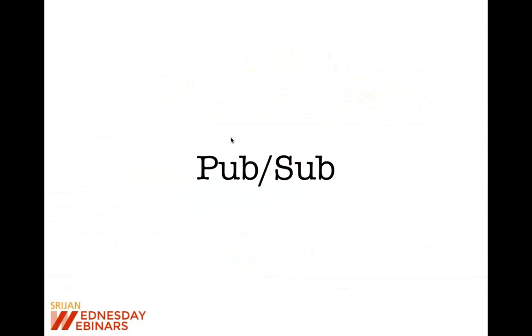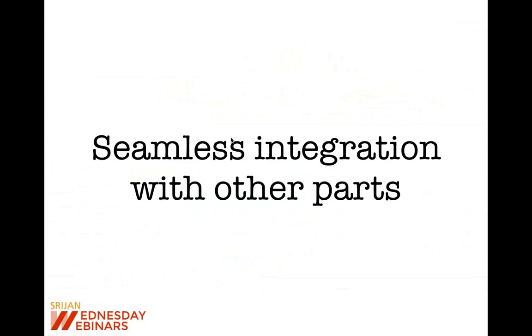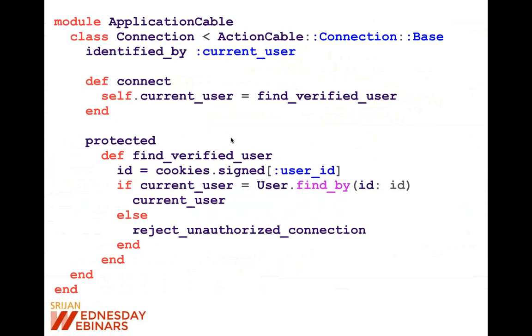And it is based on the PubSub model of Redis. So basically, there will be some publishers who publish messages in channels, and subscribers will subscribe to those channels and consume those messages. The main advantage that I can see of using Action Cable is that it is seamlessly integrated with other parts of the Rails stack. You can use Active Record, Active Model, Active Support, anything that is already present in Rails, with your WebSockets code.